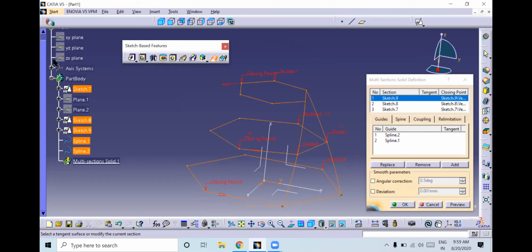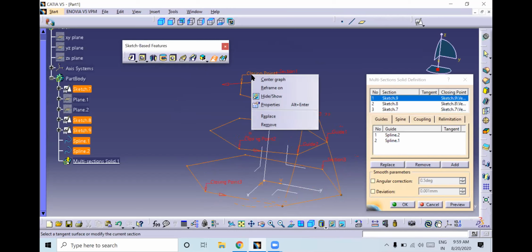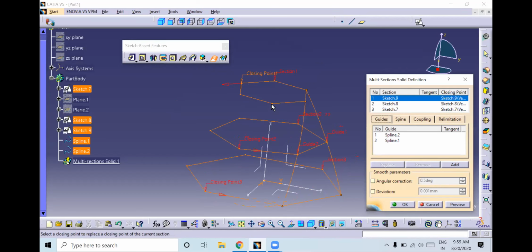In that case, right click on the misaligned closing point and click on replace and select it. See, it is in one direction. It has been aligned with respect to these points. Once you create it, just give okay.